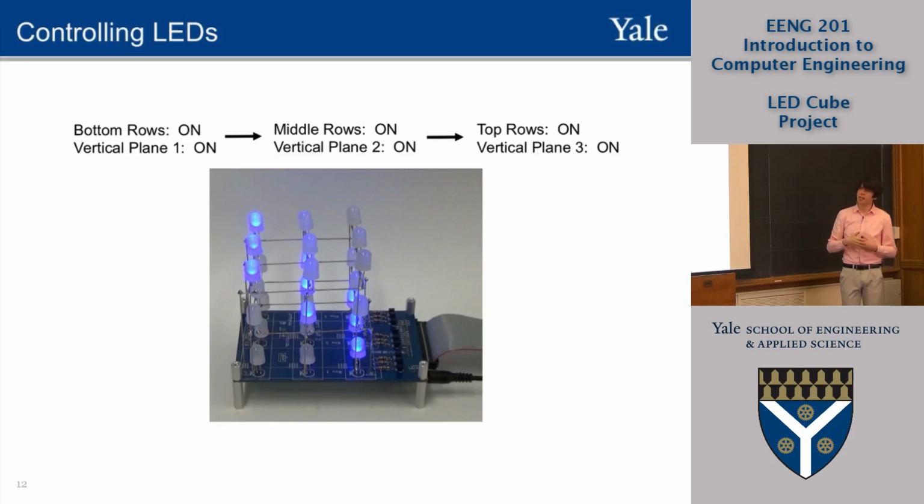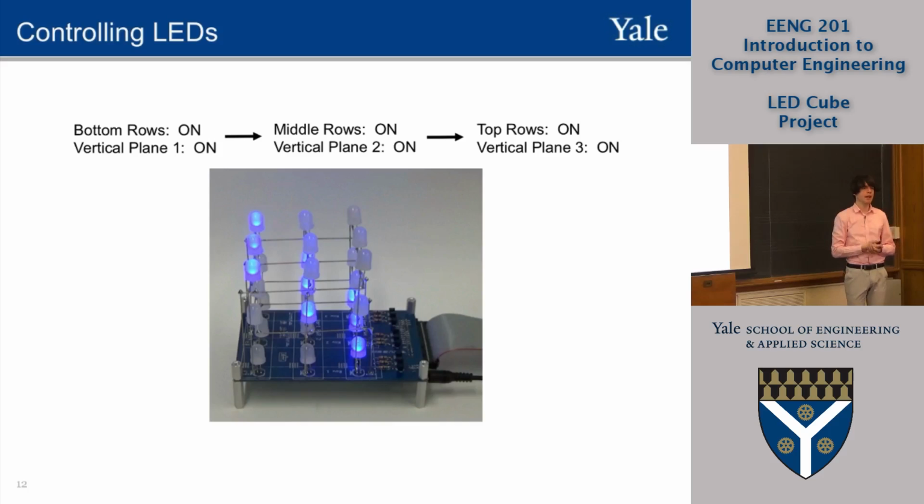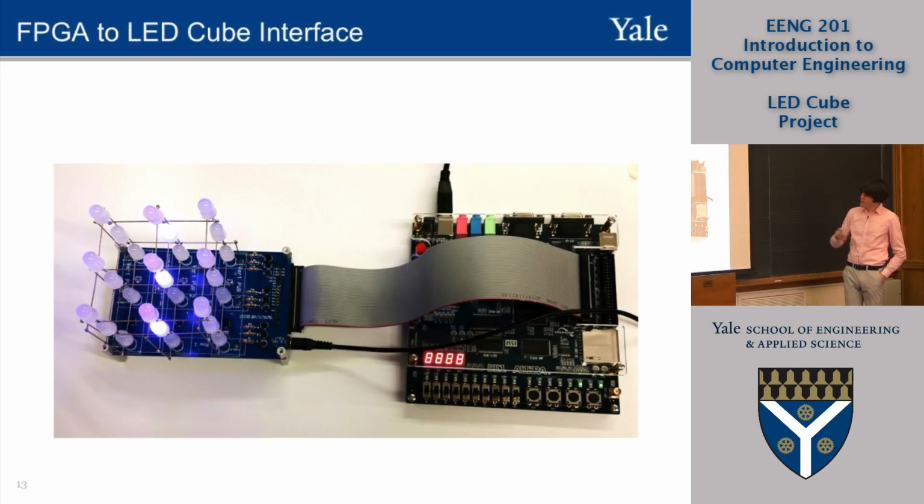But in reality, what the cube does is constantly perform these three operations. For some patterns, as I showed here, you don't need the persistence of vision, but to display patterns like this, you do need the persistence of vision. So that's how the LED cube works with the wires, and the individual wires are connected